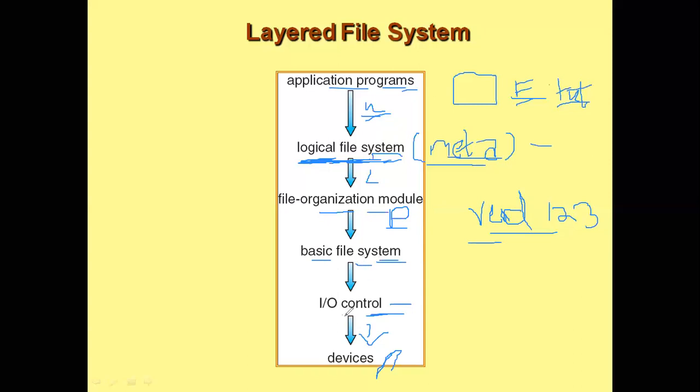This will be passed on to the device driver of the disk. The device driver of the disk will read the contents from that text file and load it onto the main memory. Once it is loaded onto the main memory, the appropriate device, which is the printer right now, will read it from the main memory and start printing. This is how the layered file system works. This applies to any of the operations: it can be a read operation, a write operation, or a retrieve operation. This is how any access with respect to the disk works.